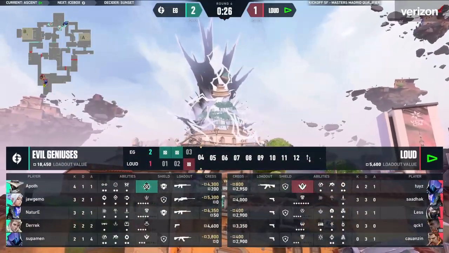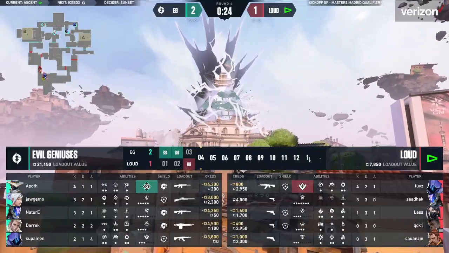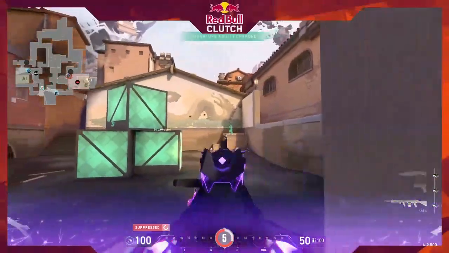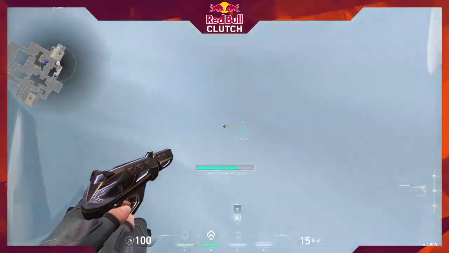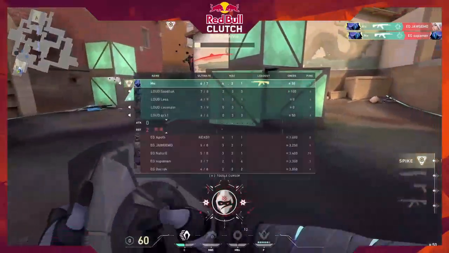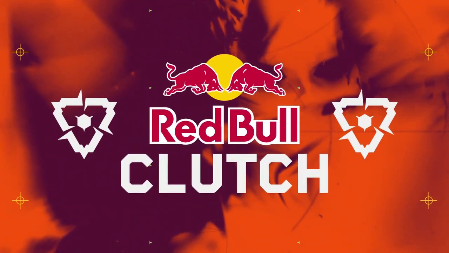Definitely a lot of pressure on Tui's there. Comes up huge, able to bring out the 2 frags required to get in there. And this was big. Going into the site, you could hear that the Viper gas was up. And the wall that they've been using as we watch the retake is really pressuring Evil Geniuses on Cat. 2 members of EG were still at Cat, wondering if this mid wall that Loud is using as they rotated